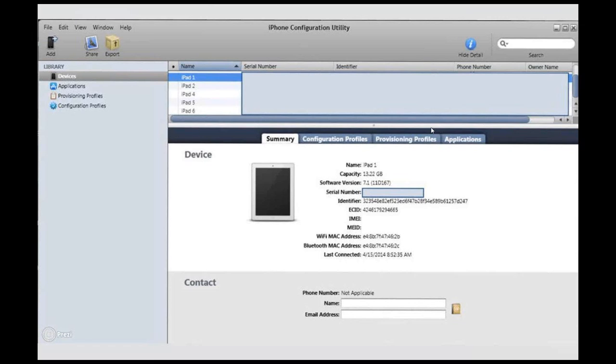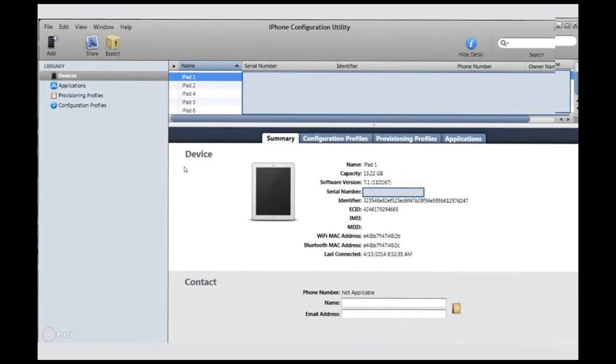The iPhone configuration utility, it's a free download. We put this on our PC, and I've just sort of blacked out the serial numbers for the presentation. But this is just a summary screen. It shows the names of all the devices that you've used iPhone configuration for. And then this shows the